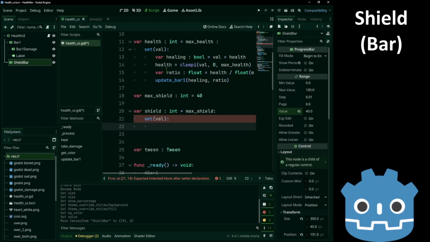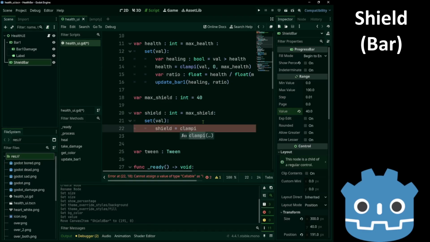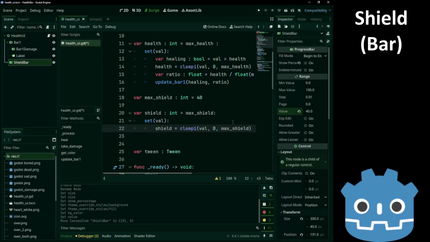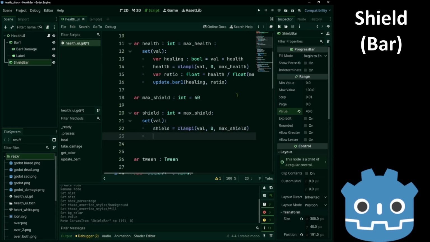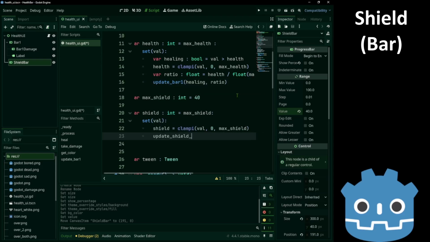Now this will be similar to before. Clamp it, the value 0 to max shield, and update shield bar.